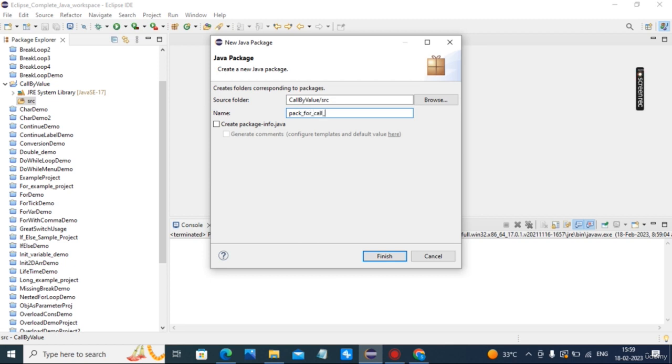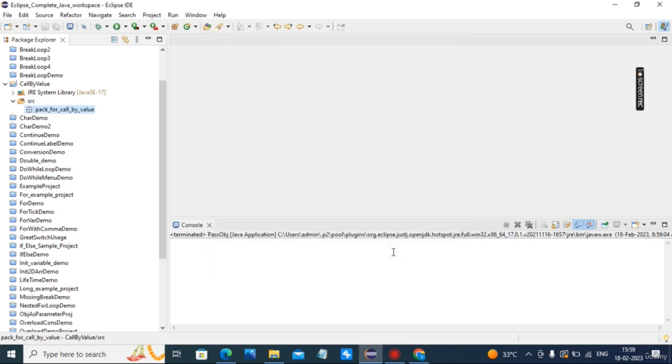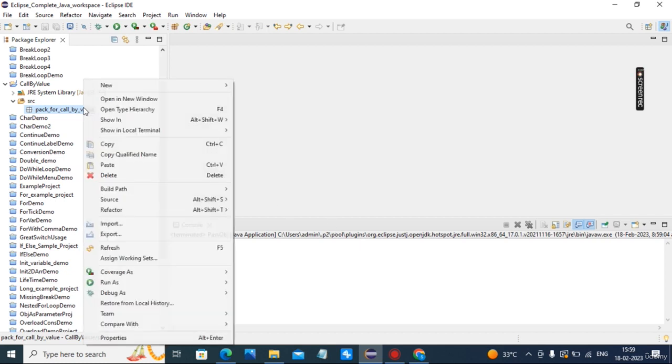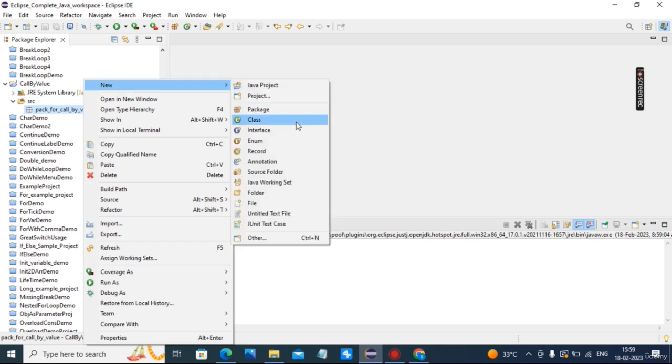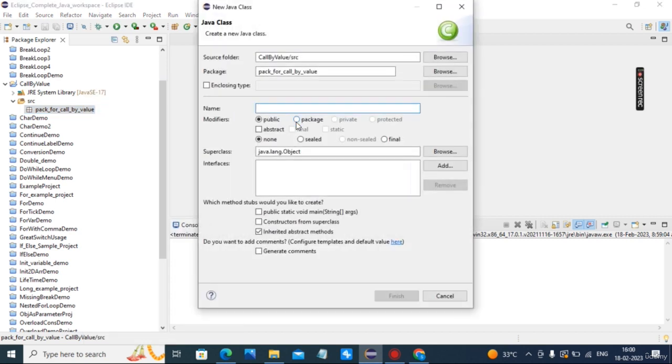Call by value. Now we create one project with one class called call by value main function.